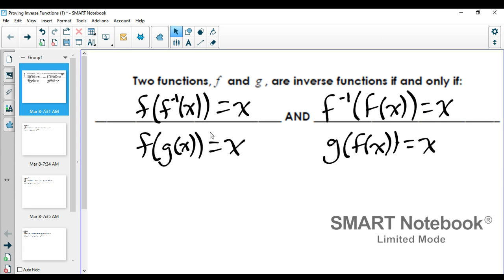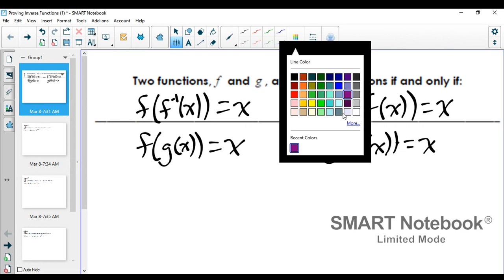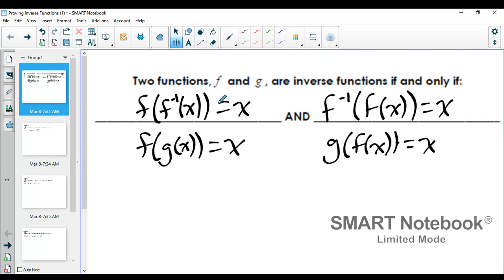All right, so our next set of notes for this chapter are proving that two functions are inverses. To do that, there are two steps. The first step is showing that f of f inverse equals x. And then the second step is showing that f inverse of f of x equals x. This looks super confusing, but if we substitute the inverses with the f and the g, what that means is